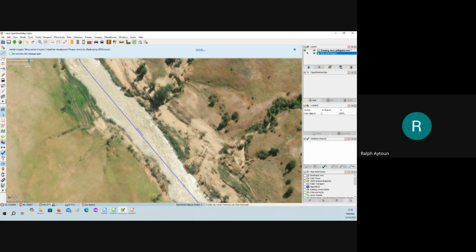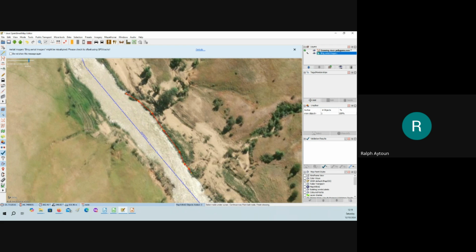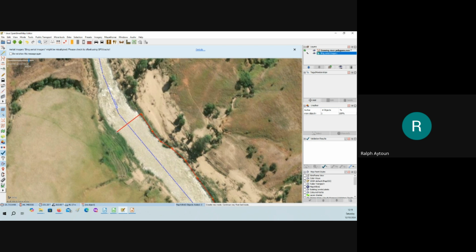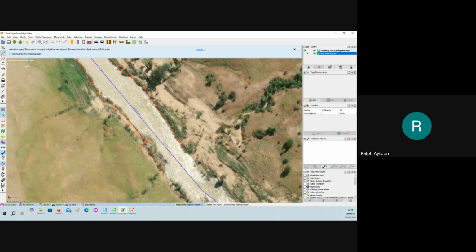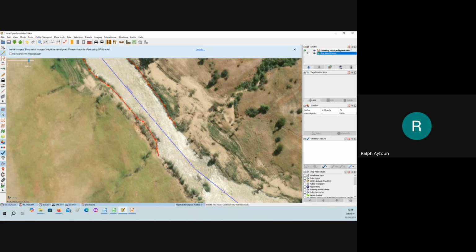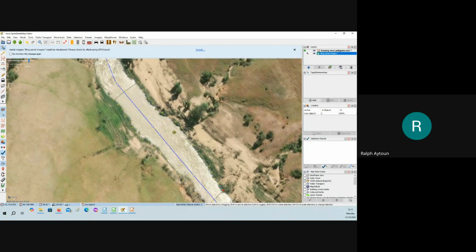So I can do something like this, right? I use my line tool, and I keep generalizing. Now, go over to the other side, and I follow the line down the other side. And cross over. Now, what happens is that it links to the other and forms a polygon. So press S on my keyboard. I now have a polygon. Direction of flow is not important here. There is no direction of flow.